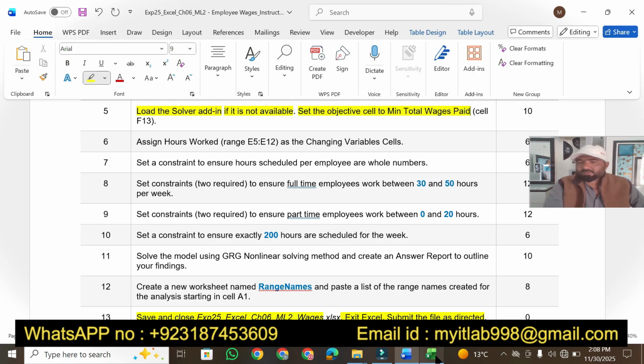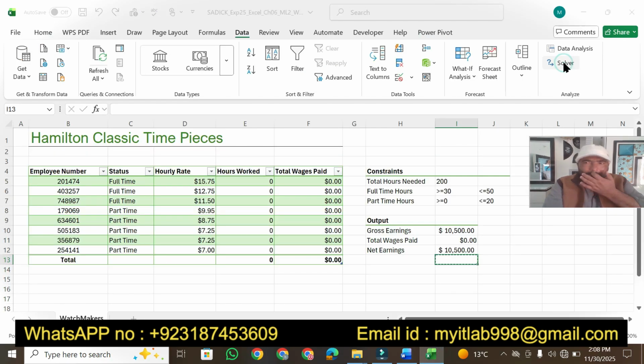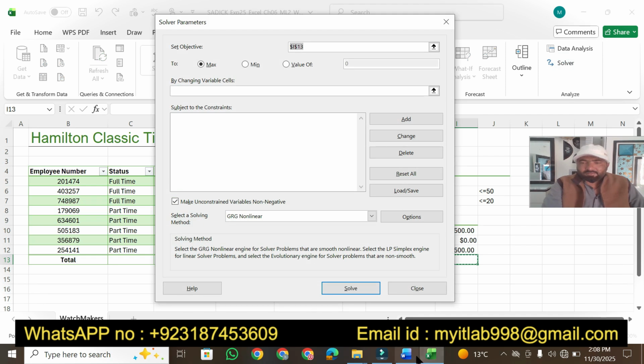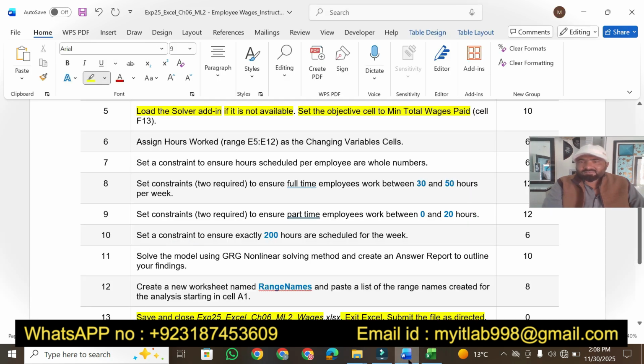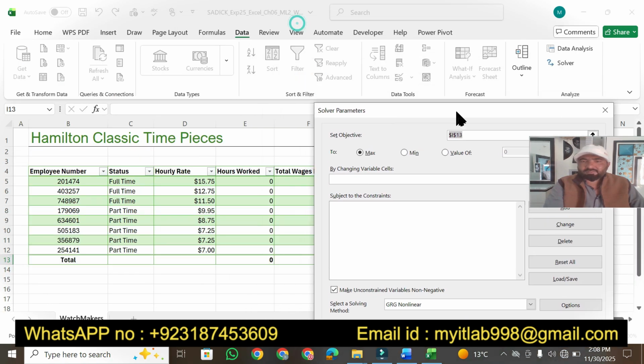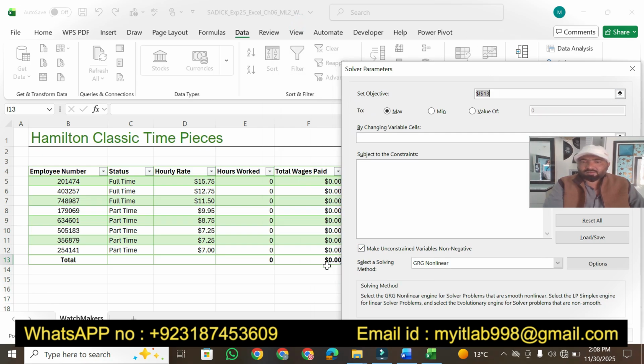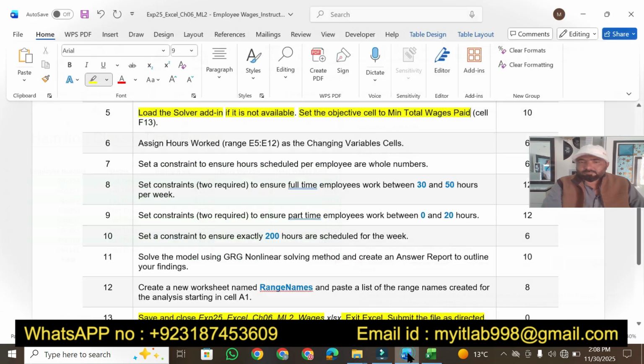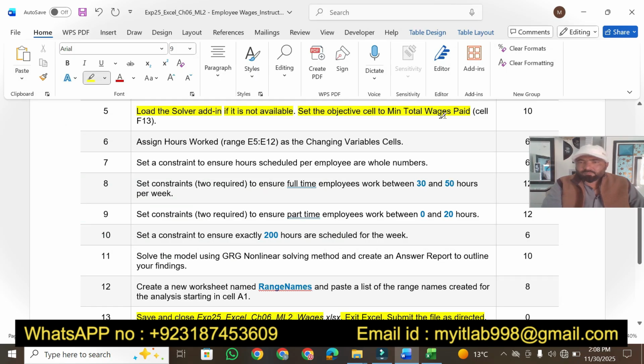Okay, so now we have to apply solver. What is our objective? Our objective is to minimize total wages, that is in cell F13. So where is F13? Yes, and we have to apply min. So question number 5 is done. In question number 5 we had to load the solver add-in if it is not available. After that, we set the objective cell to minimize total wages, and we have done question number